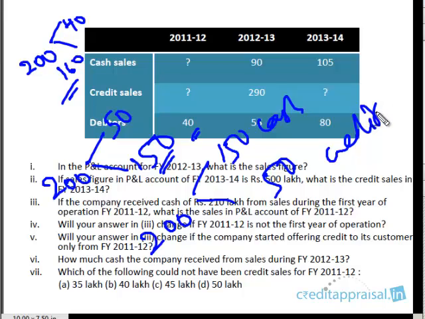Is this possible? This is also possible, because after the 50 credit sales, the company has received cash of 10 lakhs. So far, by the end of the year 2011-12, the company has received 10 lakhs and 40 is due. So nothing wrong with it. Let us take a scenario where